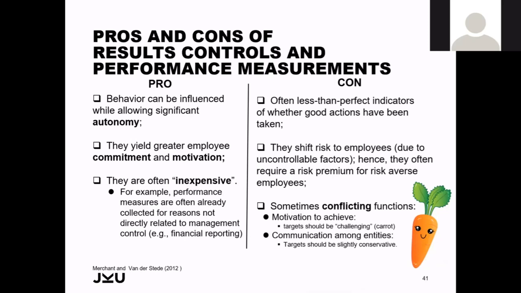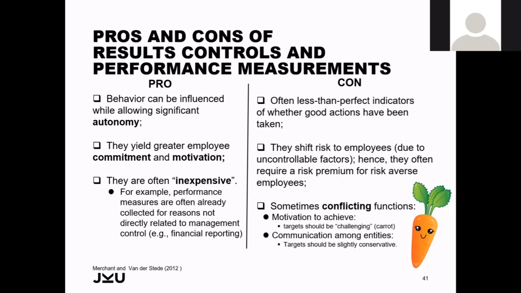At last, result controls have positive aspects as well as negative consequences. The pros are clearly that you empower people and that's motivating, that you set goals, clearly smart goals, and that is also motivating for employees. And setting goals doesn't cost anything, almost literally. So those are pros. On the con side, naturally, if we set results that are not achievable, which means if we place a carrot, but the employee will never reach that carrot, we should be very careful with that. That may be quickly demotivating,